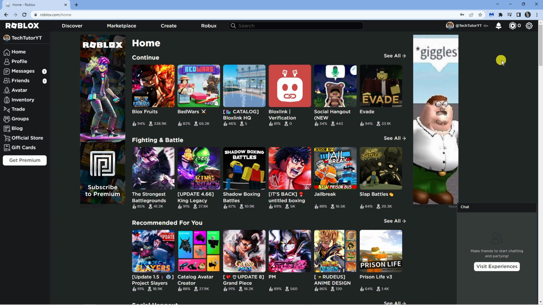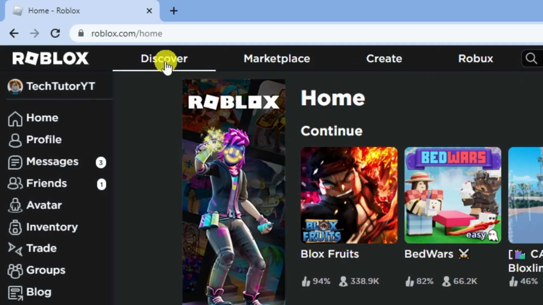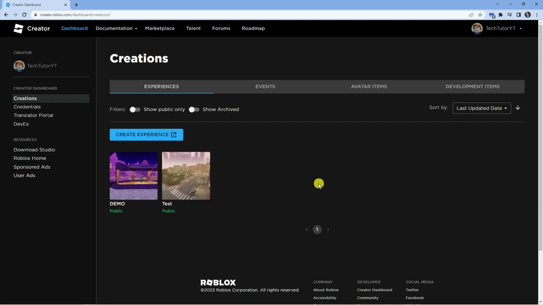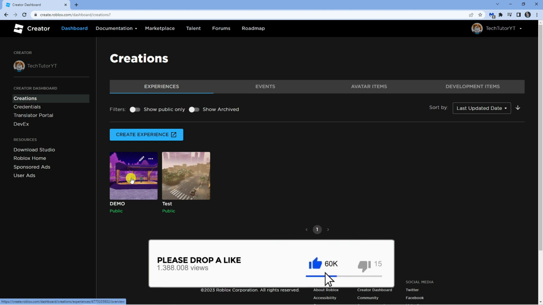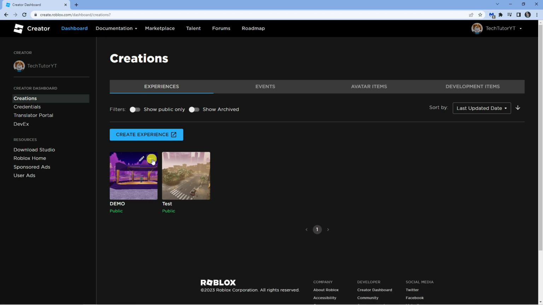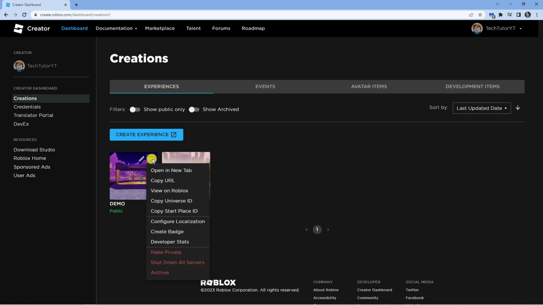Now the first thing you're going to want to do is come up to the top left hand corner. You've got some options up here and what you want to do is click on to create. Now from here you should actually have an experience showing. So what you want to do is select the experience that you want to make a Game Pass for, and once you hover over you're going to get some three dots and a pencil icon. So what you want to do is actually click onto the three dots and then come down and click on